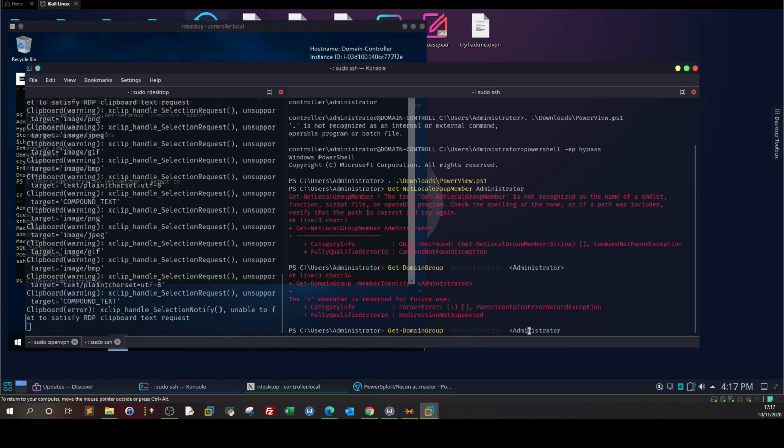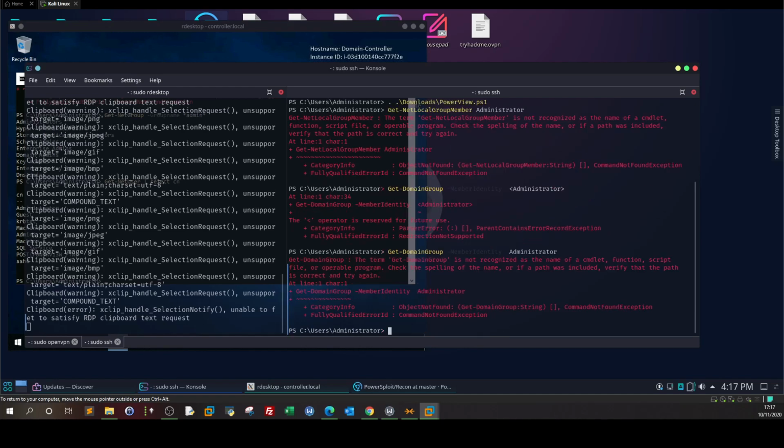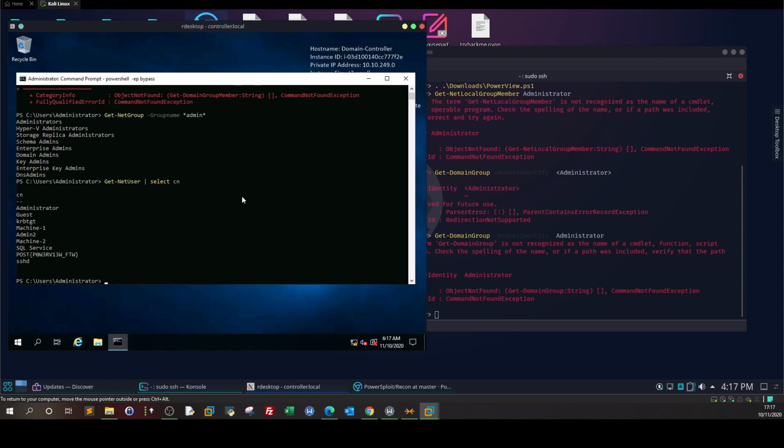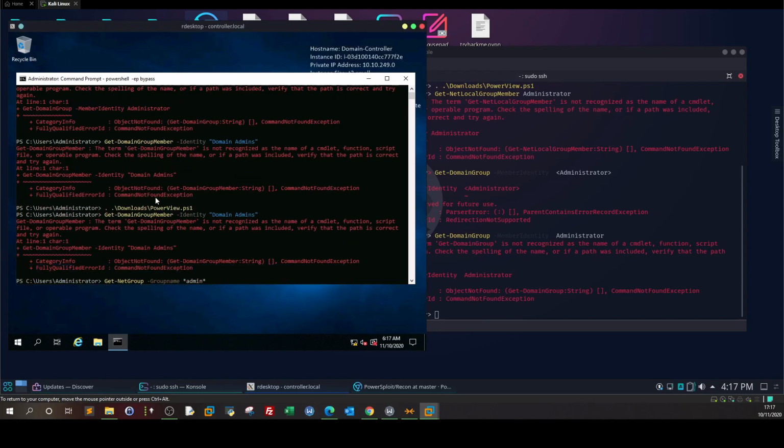Okay, let me cancel these. Get-DomainGroup isn't recognized as the name of a cmdlet. Okay, so it seems like I don't know what's wrong with the tool being imported on the remote host. Let's stick with